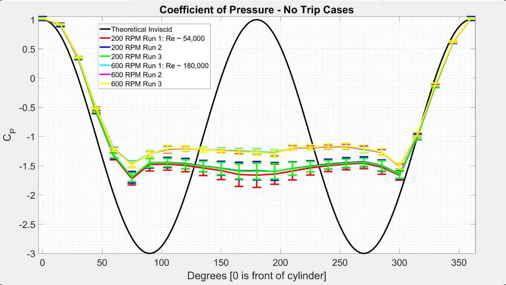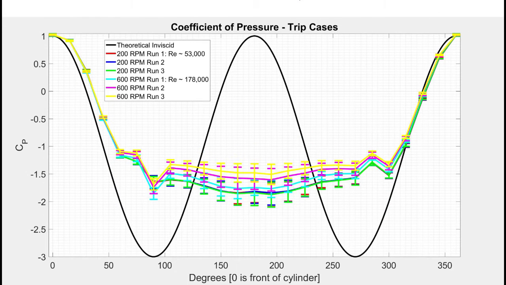Now we move on to our cases with a trip strip. Again, the Reynolds numbers are given in the legend and are both still in the laminar to low transitional regime. A couple of things to note. One, again, note the asymmetry as the flow separates off the top at around 85 degrees and on the bottom